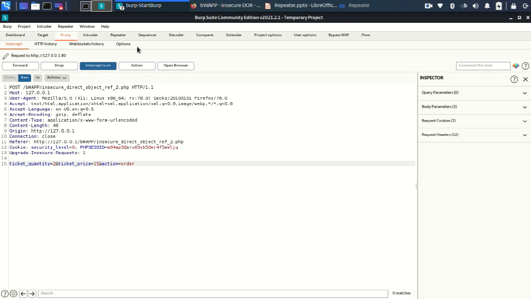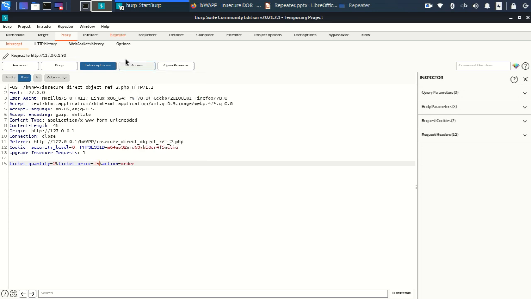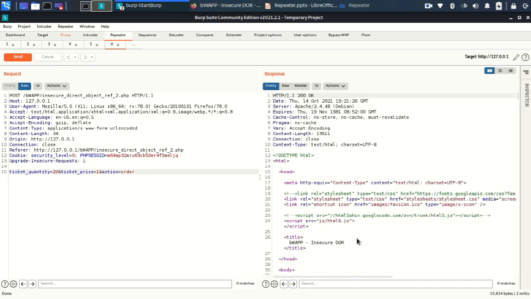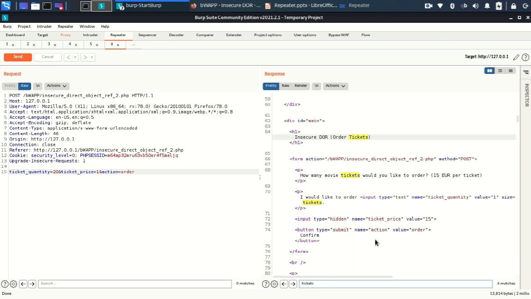I'll change the quantity to say 20, and the price to 1 euro per ticket. Now if I click send, what I'll get: you ordered 20 movie tickets, total amount charged from your account is 20 euro.